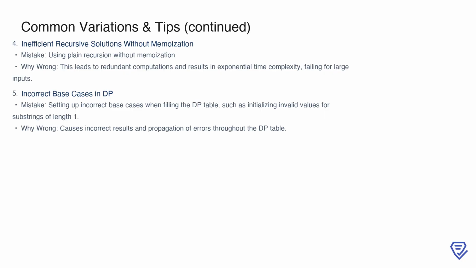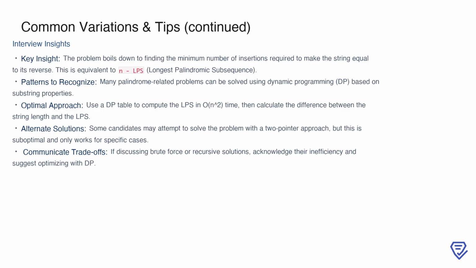Additionally, it's important to set up the base cases for your dynamic programming table correctly. Errors here, such as initializing invalid values for substrings of length 1, can propagate through the DP table, leading to inaccurate results. Both of these mistakes highlight the importance of careful implementation and understanding of the underlying algorithm to ensure correctness and efficiency. Now, let's focus on some key insights and strategies for solving this problem effectively, especially in an